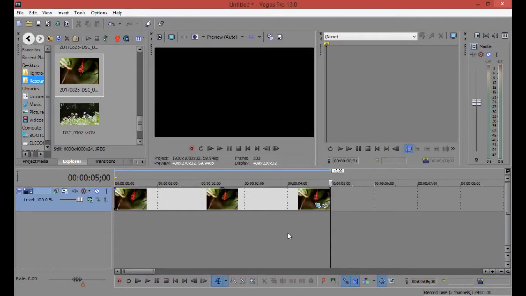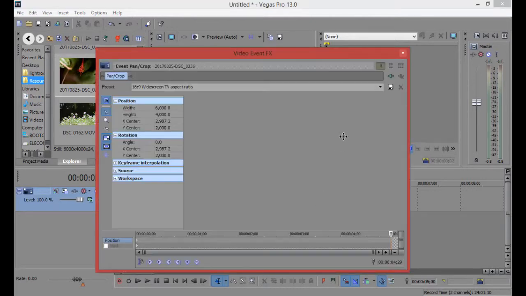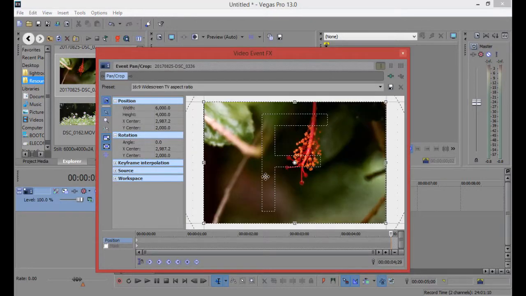So the last thing you'll be learning in this tutorial is panning. Whatever we've been doing so far, like zooming and rotating, is technically a part of panning, but panning also means to swing the video in order to follow something appearing on it, and it can also be used as a sort of transition. So this is how you just click on this event pan crop, like we've been doing so far,